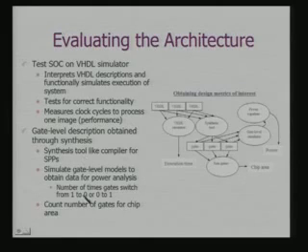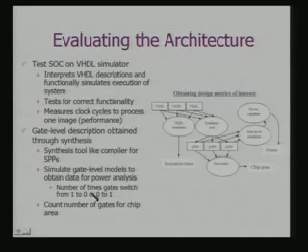A very simple way of estimating is the number of times a gate switches from 1 to 0, or 0 to 1. If you remember, when we discussed power aware architecture, we said that these transitions are a source of power consumption. So if I simply count these, this gives you an estimate of power, not the accurate power consumption. And you count the number of gates for chip area.